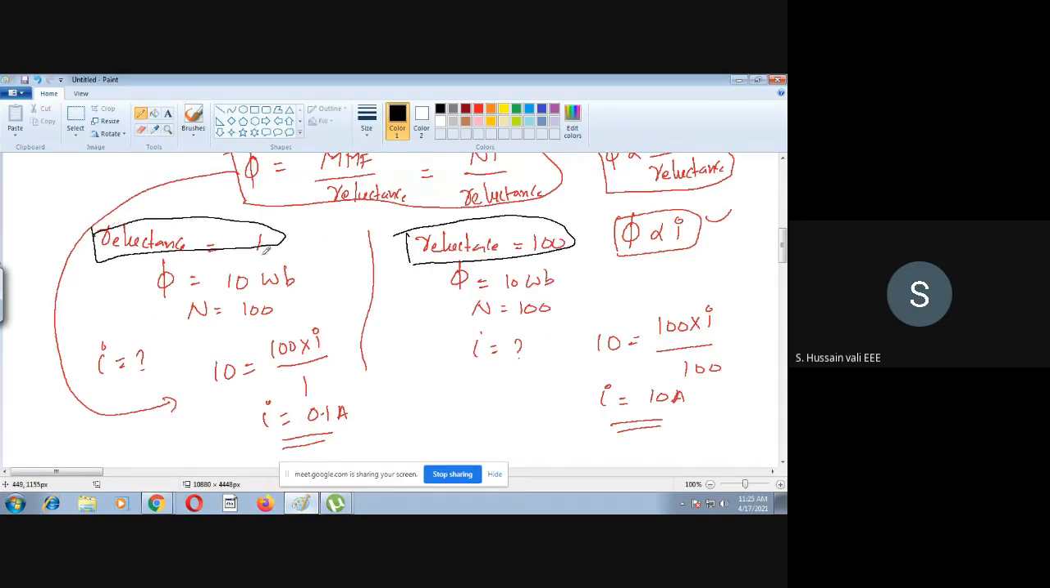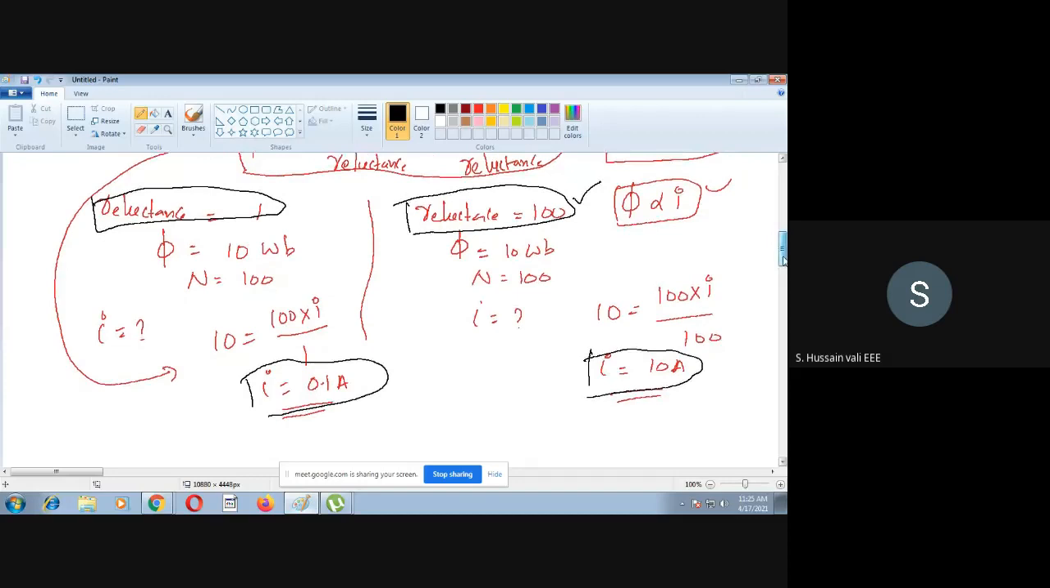So in the case where reluctance is less, you require less current to magnetize the core. Whereas in the case where reluctance is more, you require more current to magnetize the core. So that is the thing which I'm saying now at the end. At the end, the conclusion is that